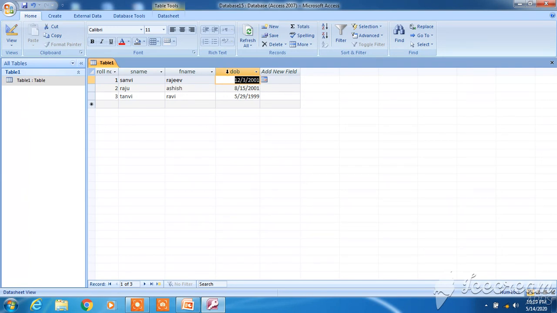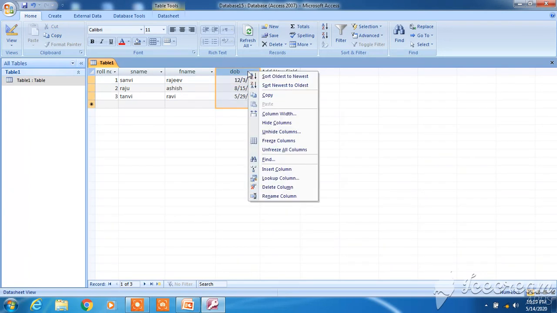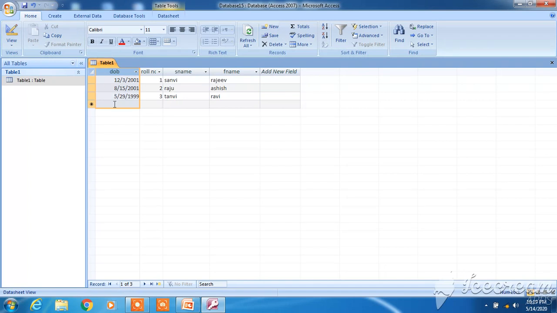Or I want to freeze date of birth. See now in this you are not able to see the contact number, because you have done the modification of hiding. Now date of birth, suppose I want to do freezing. See, it has come to the extreme left. Clear? So these are some modifications.